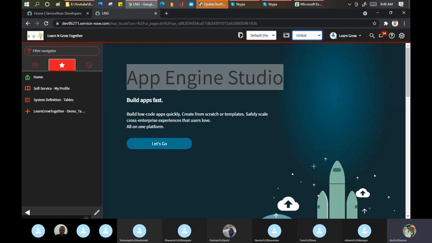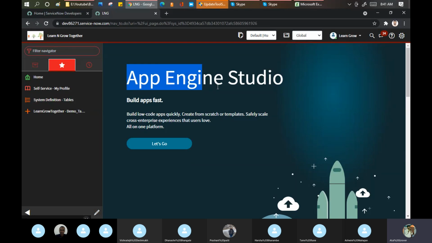Earlier ServiceNow had these things in a very messy manner, but now they give us a separate platform. Anyone who works in Java, or if you remember, there's a term called the IDE. Eclipse is one of the IDEs. I'm not sure how many of you actually use it. I used it approximately 10 or 12 years back. So ServiceNow says, I am giving you a separate platform, App Engine Studio. You create your applications and utilize that.